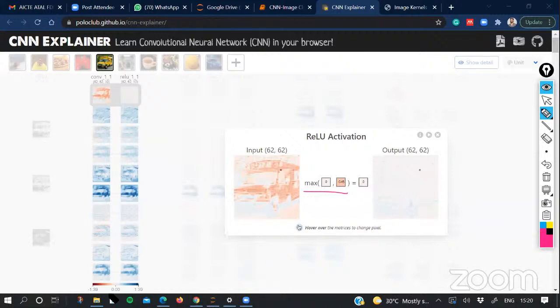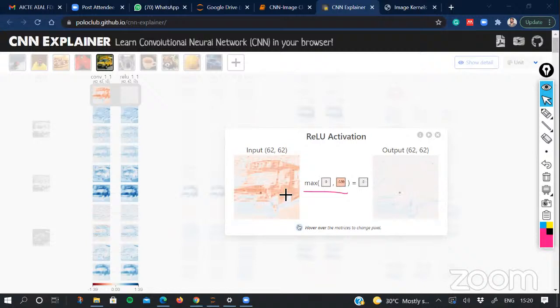And if you look at this color coding, this orange color represents negative numbers and this blue color represents positive numbers. So here you see most of the pixels are negative. So on the output, you are getting either white or blue. White represents 0 and blue represents positive numbers.